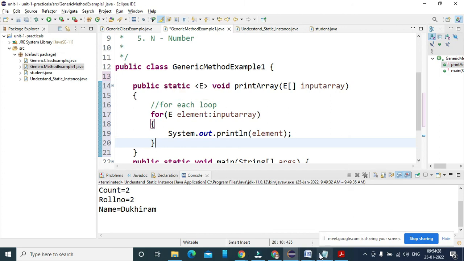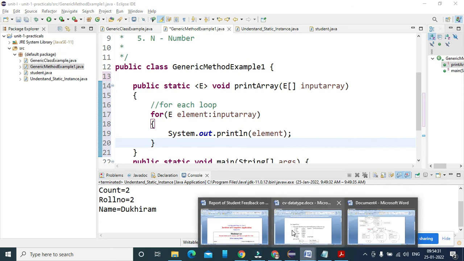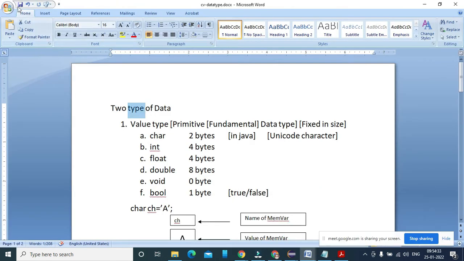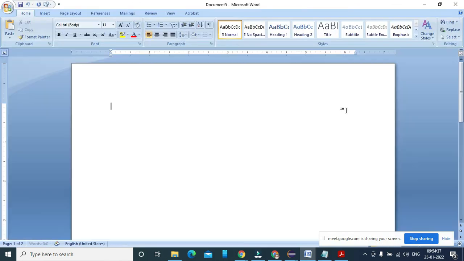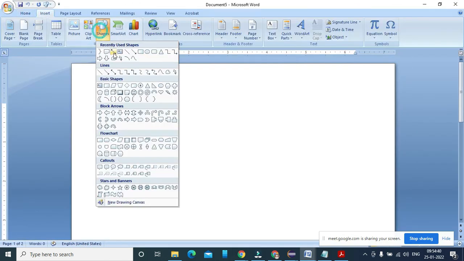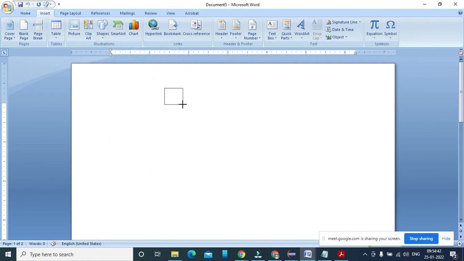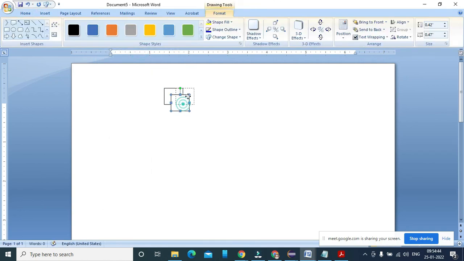So what happened here? Let me show. When we are calling a generic method, I don't know what kind of data I'm going to pass here. There are n number of arrays here.